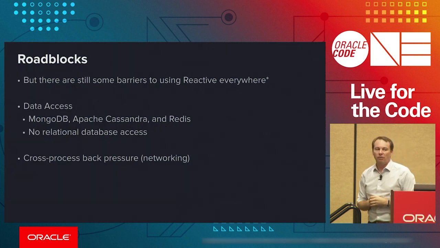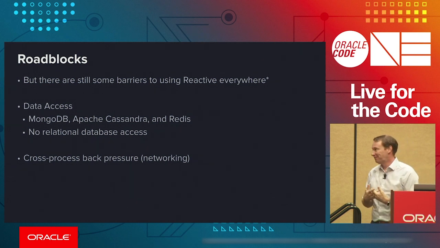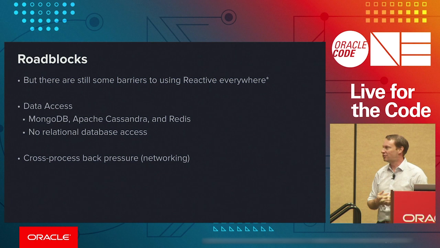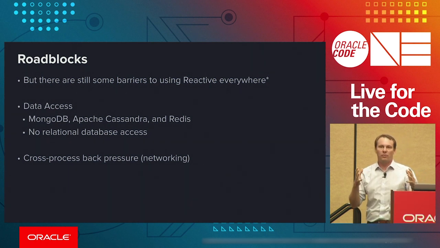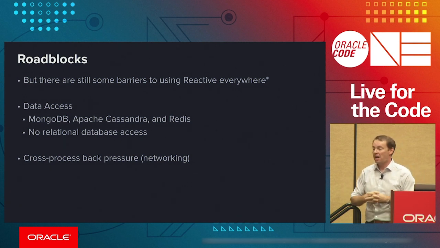But there are still some barriers to using reactive everywhere. There are certain, call us zealots perhaps, that believe that reactive programming really is the future. You don't have to believe that. What we see is that for reactive programming, there are certain places where it is a really, really obvious programming model to adopt. A place like anytime you're trying to do coordination between multiple microservices.